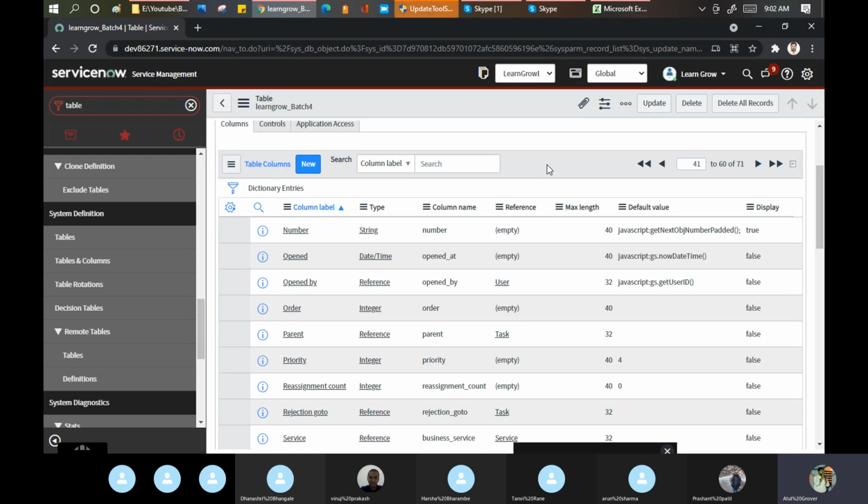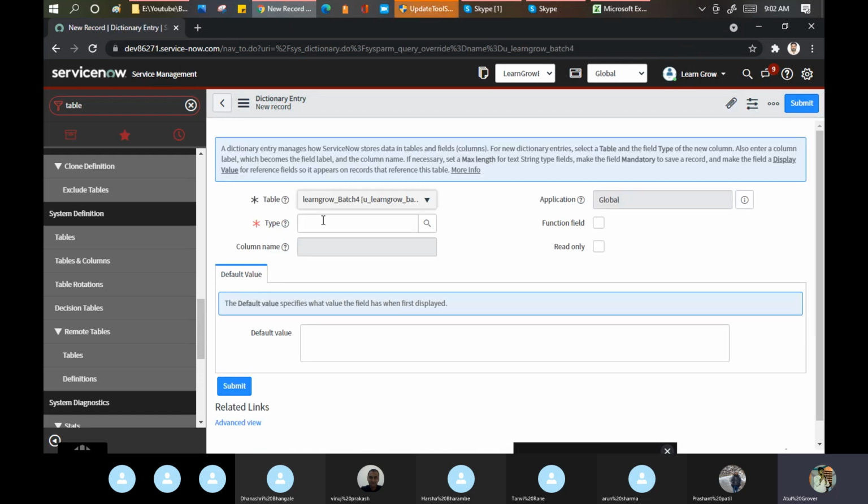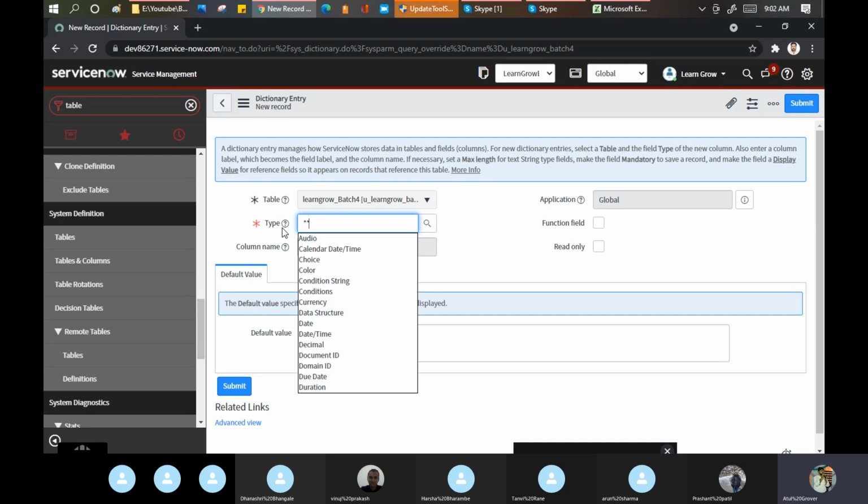Let's take an example. Atul, I want to create one new field. Okay, click here, new. This is the table. What type of field do you want? If I go a little bit on the technical side, I want an integer. I want a text box, some kind of string information. So in ServiceNow, we have different types available.